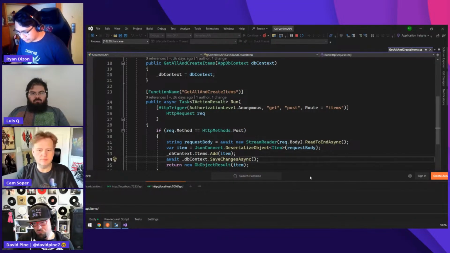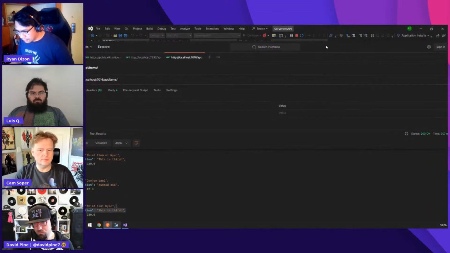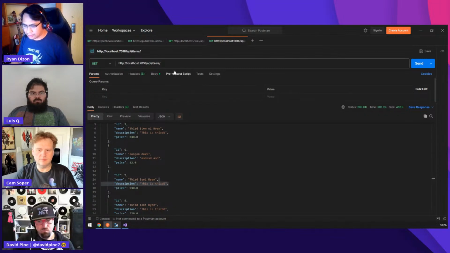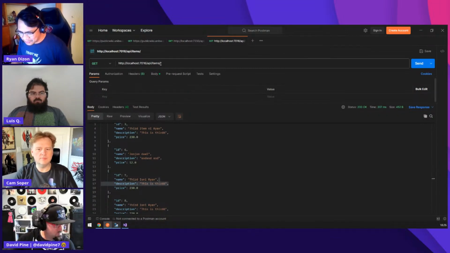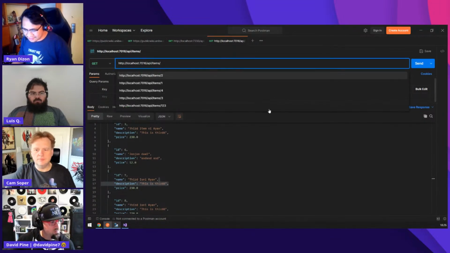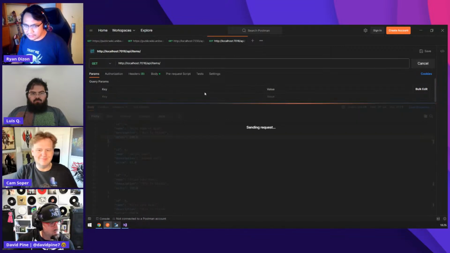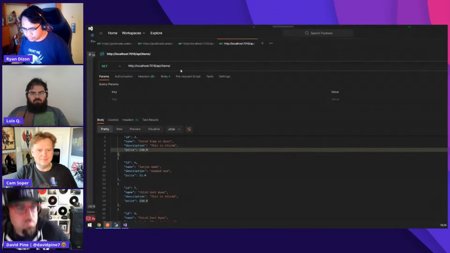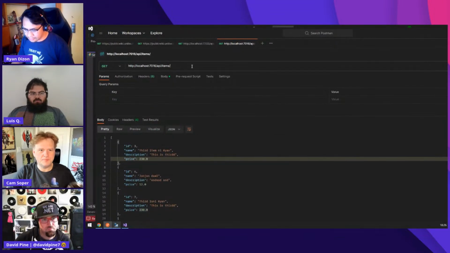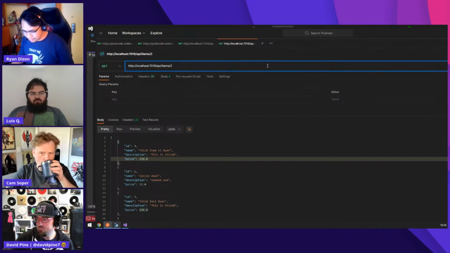Okay, it's running now. I'm still using Postman for different testing. Like I said, this is just a simple CRUD functionality project where you can add and delete data or items.